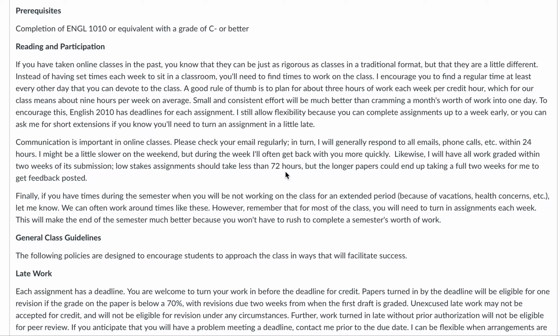Additionally, depending on how much I'm teaching in a given semester, some semesters I'm busier than others, but I will try to get our smaller assignments back to you within about 72 hours. There might be a couple papers in the semester that take me like 2 weeks because they are the big, long, mini research papers or things like that. But generally speaking, I'm going to have most stuff back to you within about a week.